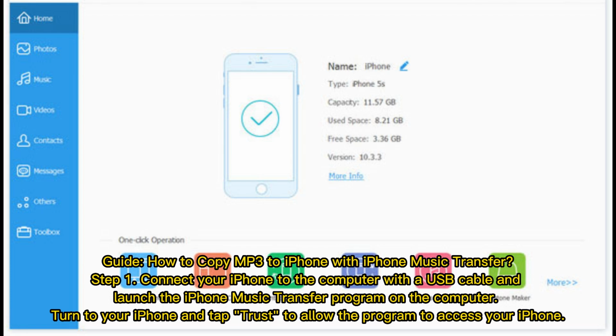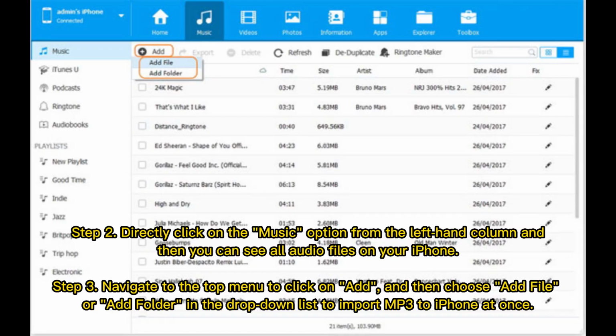Step 1. Connect your iPhone to the computer with a USB cable and launch the iPhone Music Transfer program on the computer. Turn to your iPhone and tap Trust to allow the program to access your iPhone. Step 2. Directly click on the Music option from the left-hand column and then you can see all audio files